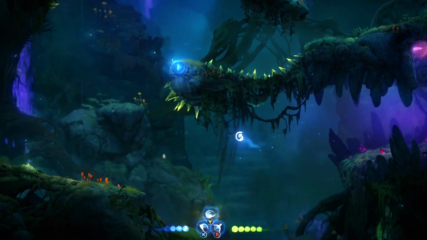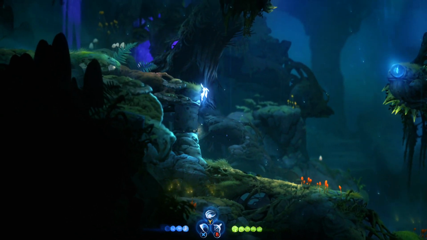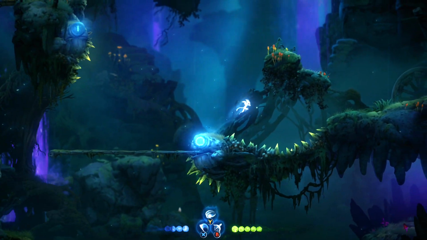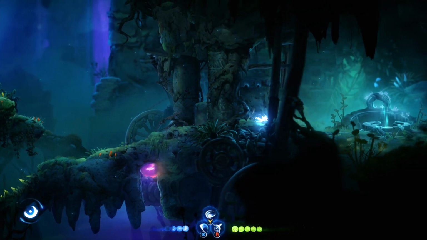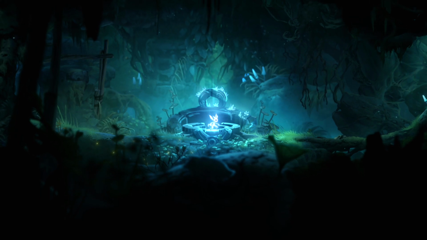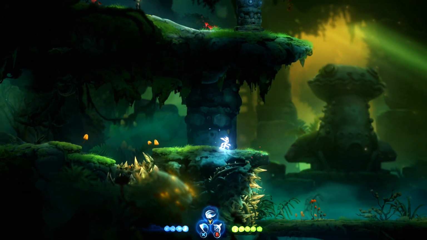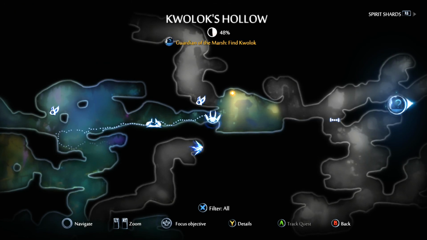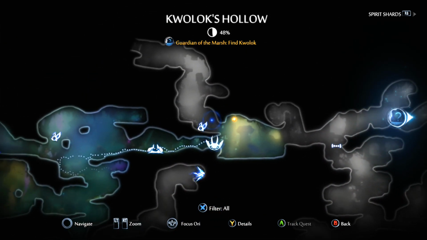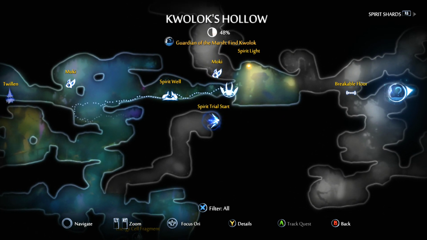The game does have an autosave, which is really nice, but the save point, I believe, also functions as a fast travel spot, so that will be potentially beneficial to me whenever I do come back to areas for the sake of being a completionist. So let's go ahead and save the game and find out if there's anything else in this direction. Oh, there is stuff over here. There's a lot of stuff, but I seem to have missed out on the spirit trial